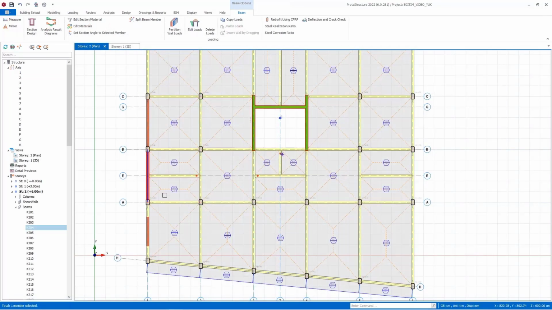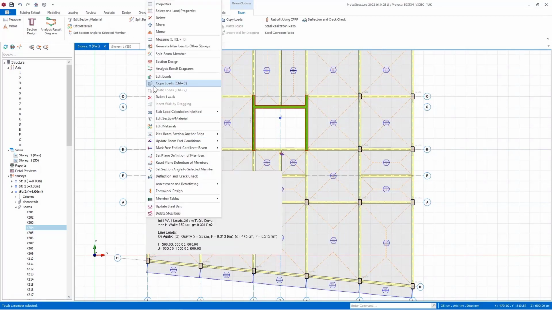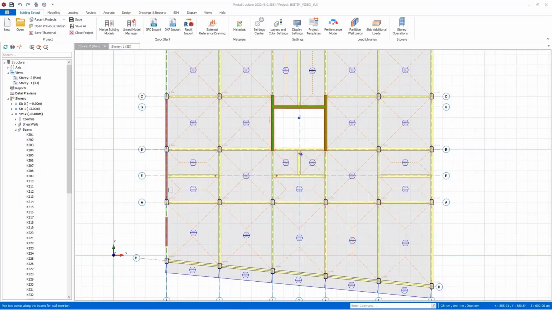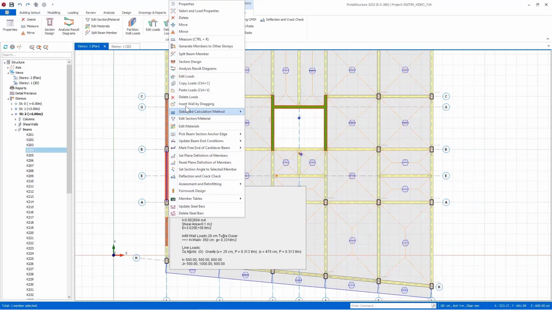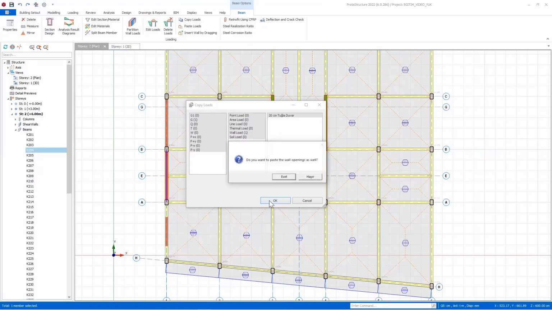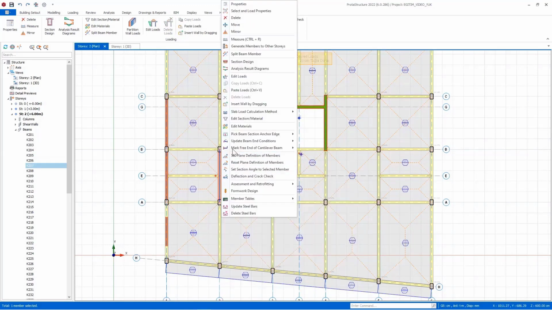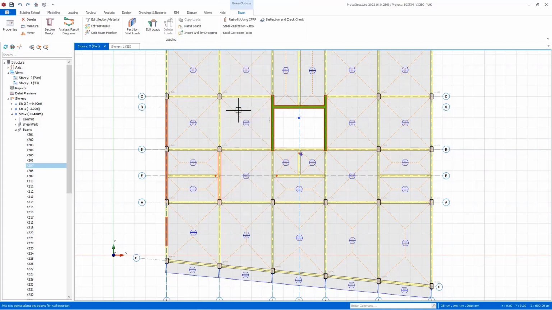If you want a detailed wall load profile to be used, you must also accurately define the wall gaps in their actual position. You can also define wall loads by dragging between 2 points in a plan or 3D model views. First, copy the wall load you want to define. Then right-click and select the Define Wall by dragging command. Identify 2 points on the beams on the screen and define the load.